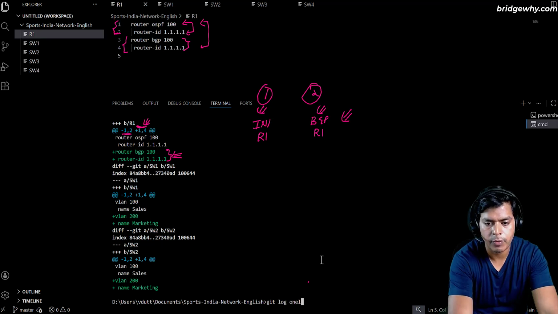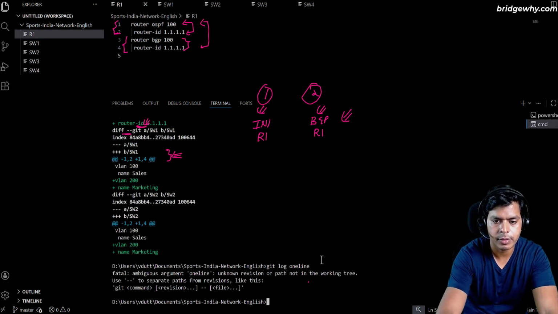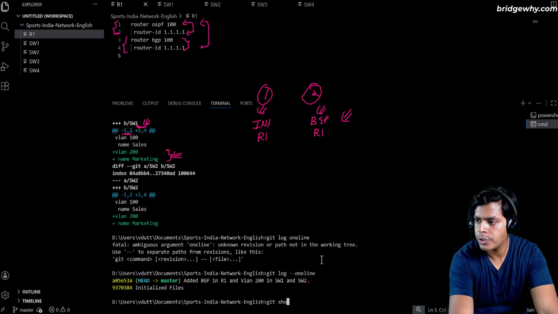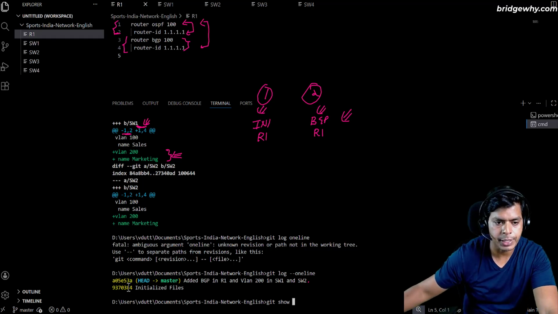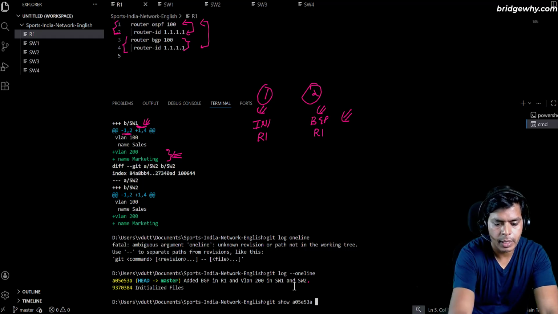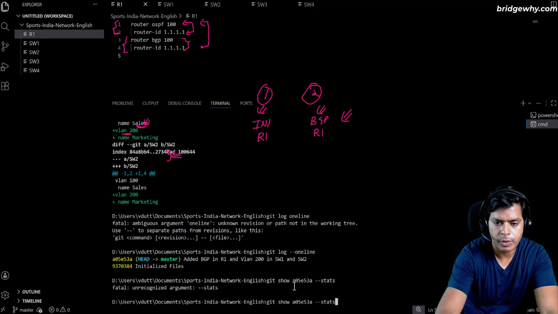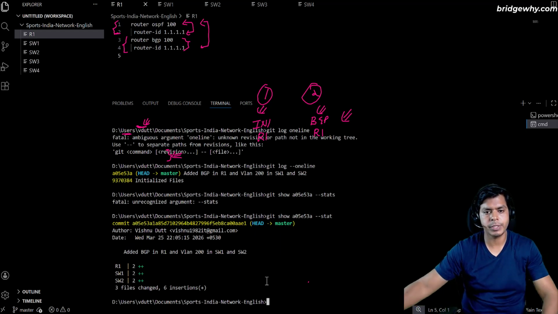So what I'm going to do is git log --oneline. If I write this and then do a git show with the hash, this is my second commit, and --stat, not stat. So it is going to tell me that in the second commit you have these 3 files,